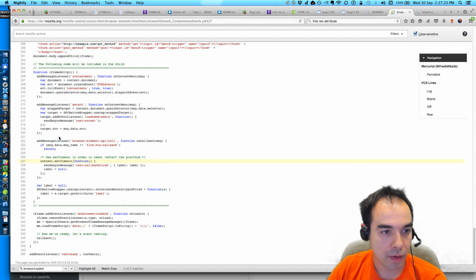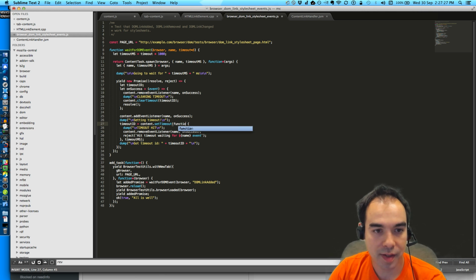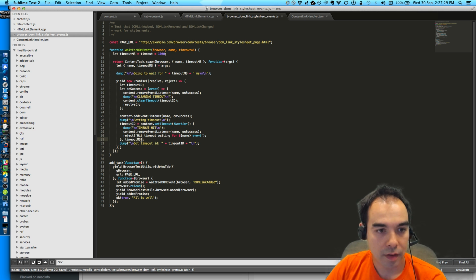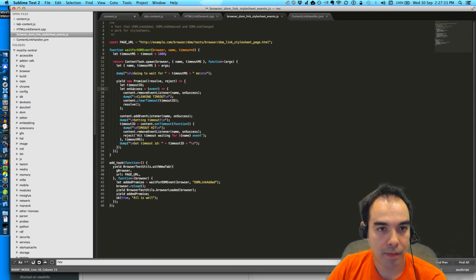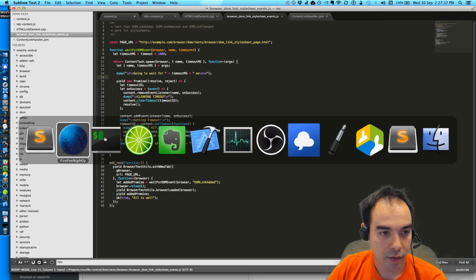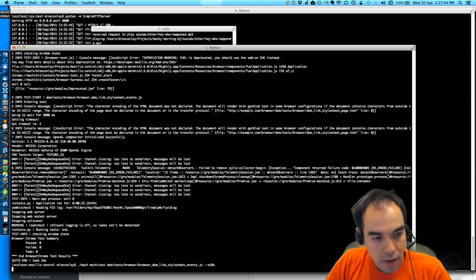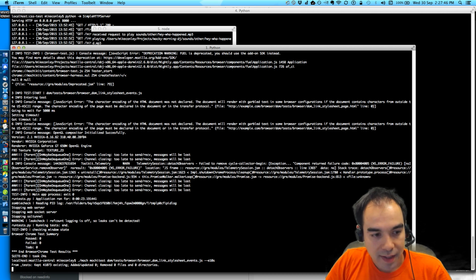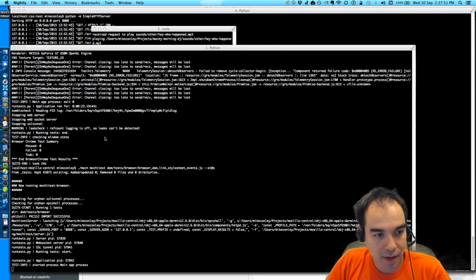Content.setTimeout. Maybe it doesn't like the arrow function. I don't know why that would be the case, but maybe that's the case. Let's also decrease the amount of time. We'll make it 1 second. If it doesn't like the arrow function, that's very surprising. I mean, JavaScript surprises me every day.